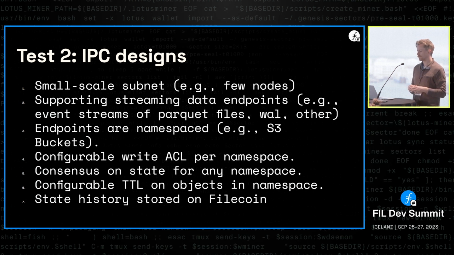And we don't have a token model yet. We're really trying to focus on the user and how they use these things right now. And so we don't need to rush into saying how do we build a fully open subnet that anybody can run and is permissionless and everybody can do it at first. But instead, can we create a small subnet where a few different collaborators can run nodes and support this system and support these streaming endpoints that are really flexible for databases or Parquet files or whatever it is that you want to stream into Filecoin, but have immediate accessibility for them across your network or your protocol, and namespace those things. So similar to S3,